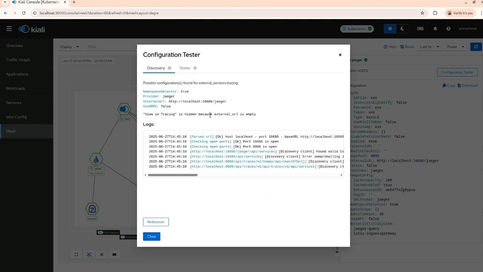So independently of the values that we have in our config, Kiali is going to use the default ports that are used for tracing, and is going to try to create a client from Jaeger and from Tempo, and based on those results, is going to show us valid configurations. So in this case, we see one of these valid configurations, which is Jaeger,